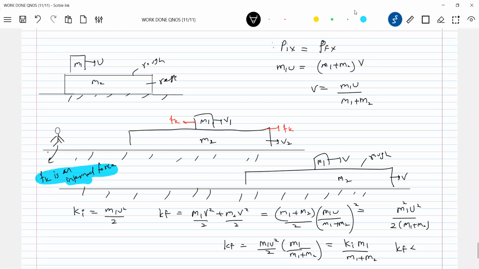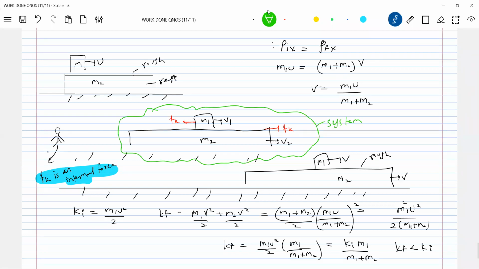What is the conclusion? Where has this kinetic energy gone? The friction only. So therefore net work done by the friction equals change in kinetic energy. So who does work here? The friction only. And they are internal forces. Sir, how can you say internal? Because if you take this as the system, Fk plus and Fk minus become internal, no? And so who did work? The internal forces did work.